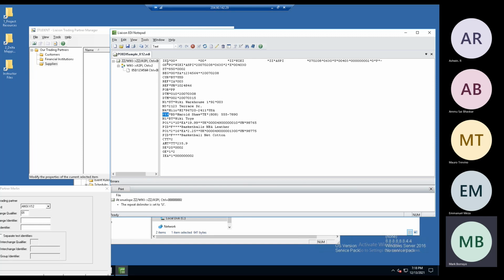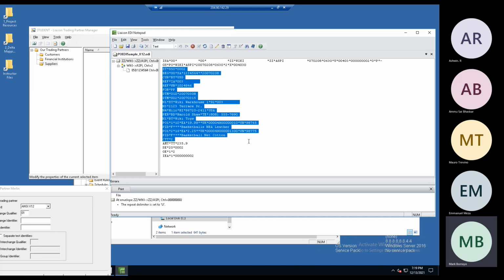Each segment then has individual elements that are separated by an ASCII character, and in turn it builds out a transaction based on position. So the DTM second position is referred to as DTM02, or DTM02, some people say,